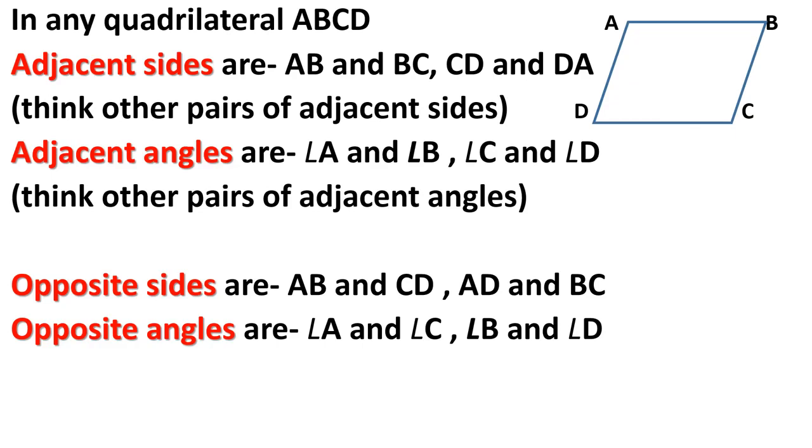In the same way, we can find opposite vertex and adjacent vertex. Adjacent vertices are the end points of the same side of a polygon. Okay, the end points of the same side of the polygon are called adjacent vertices. Same, A and B are adjacent vertices, and opposite vertices are A and C. We are not writing only the name of the angle here, otherwise it is the same.